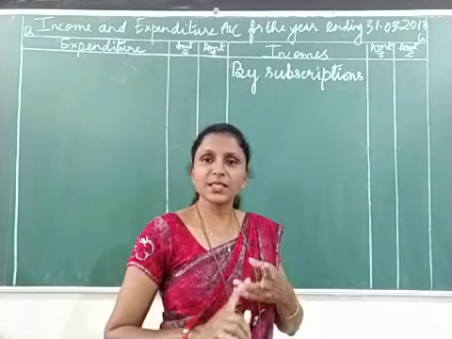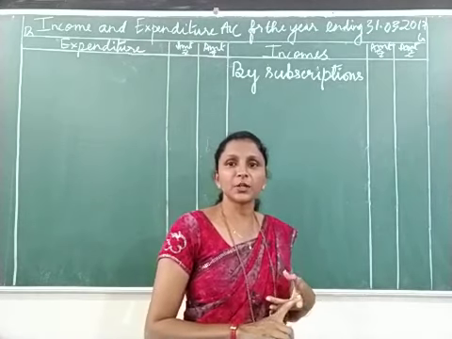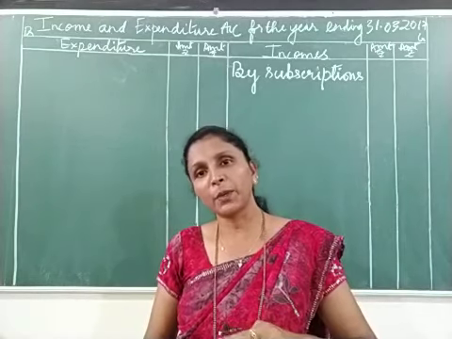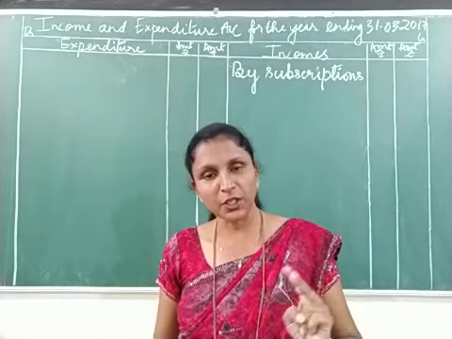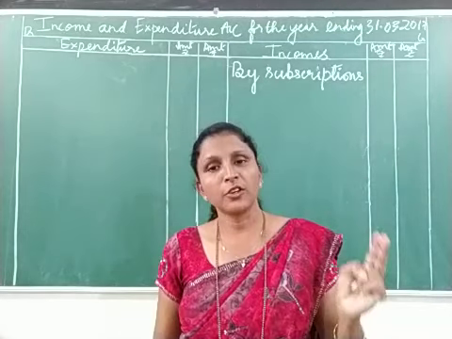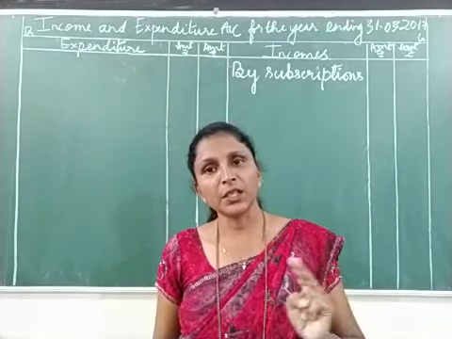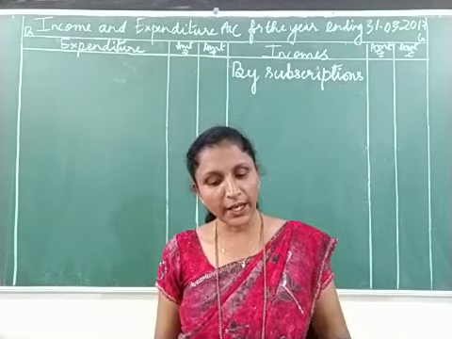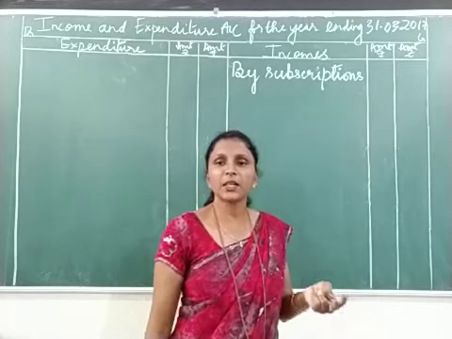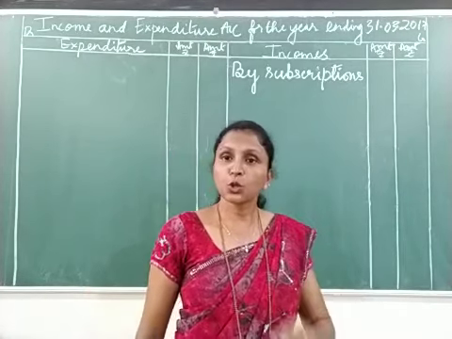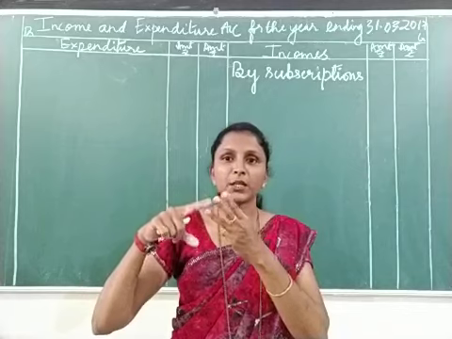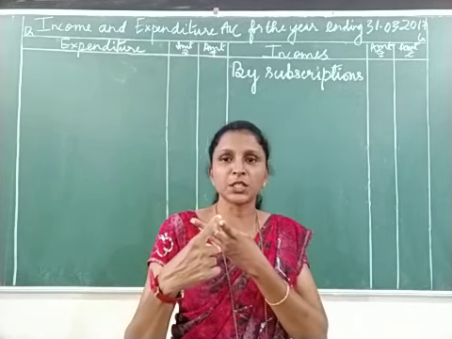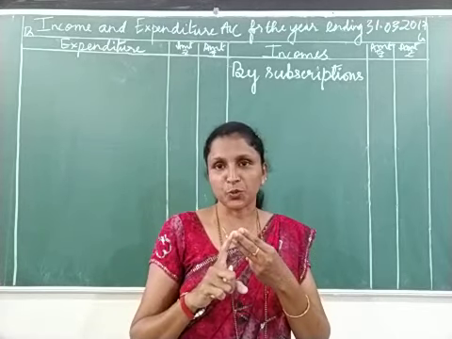Once again, just see the adjustments. Are there any items related to subscription? There are two adjustments, number 1 and number 2. What's the first adjustment given? Subscription outstanding for the year 2017 is rupees 3,000. What's the other adjustment given? Subscription received in advance for the year 2018 is rupees 1,000. So totally we got 3 items related to subscription. One is in the opening balance sheet or previous year balance sheet, and 2 items are in the adjustments.